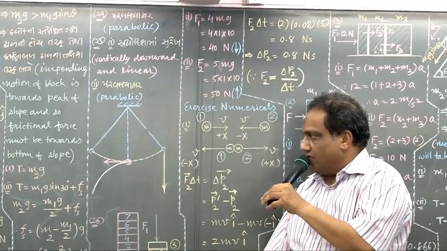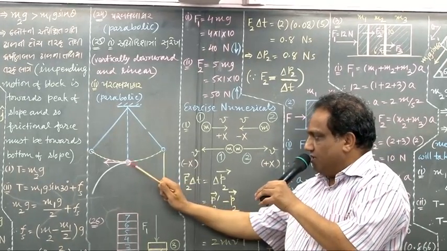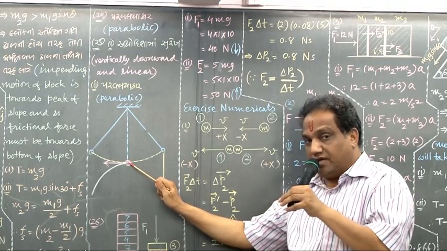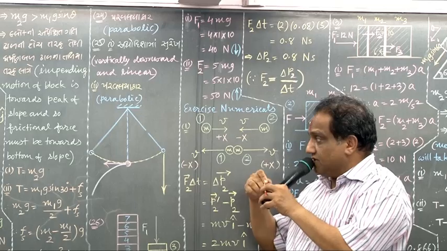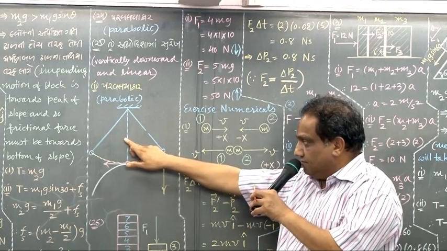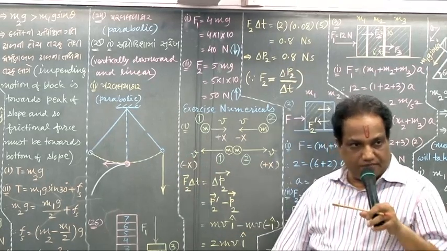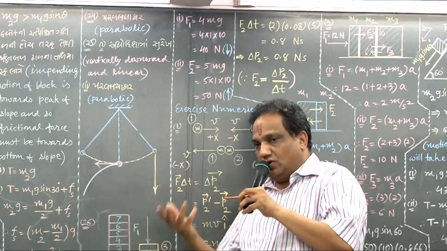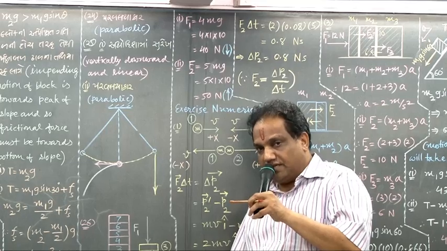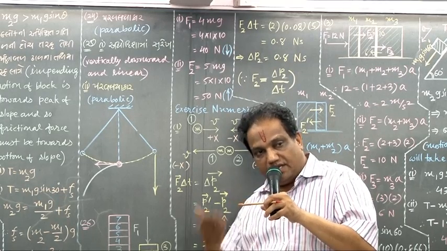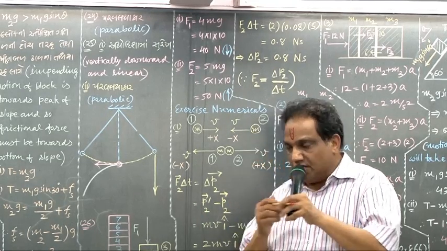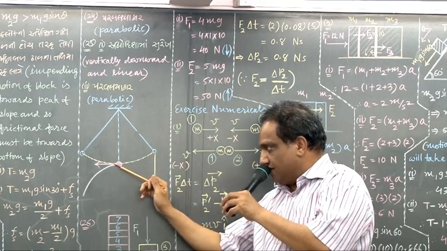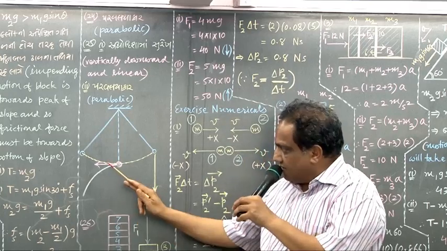Now in the second case, what have they given? When the bob is likely to pass through the midpoint of the path, at that time, if the string is getting broken, then what will happen? Because this body had come over here, the direction of instantaneous velocity is along the tangent. So if you draw a tangent to this curve at this very point in this direction, the tangent will be like this.